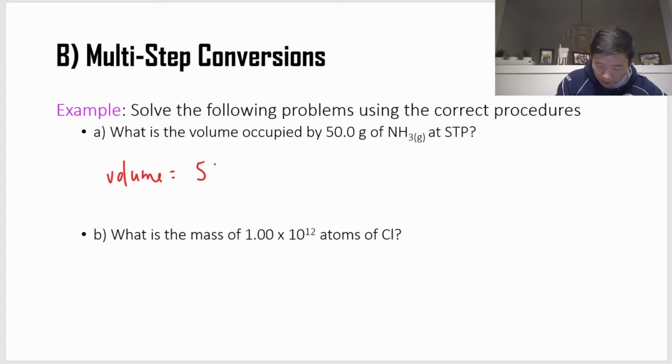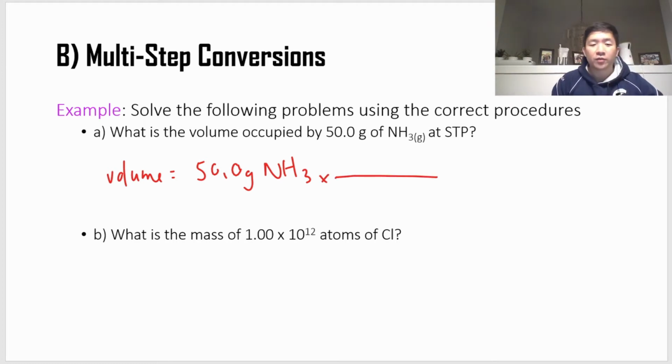This is 50.0 grams of NH3. Okay, so let's take a look. Right now I can't go from grams to volume, but I can go from grams to mole. So if I have that conversion factor between moles and grams, that is going to be using the molar mass of NH3. So this is going to be 14 plus 3, 17. So this is 17 grams per 1 mole,